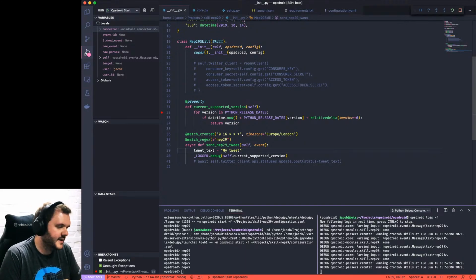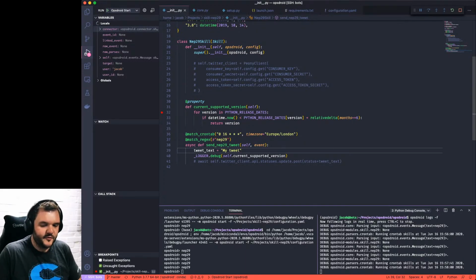Obviously, I've got to wait for Twitter to like approve me, which is a bit of a shame. Let's make sure they haven't approved me. I need to confirm my email, apparently. I hadn't done already. Oh, it's asking me to log in. Do that.